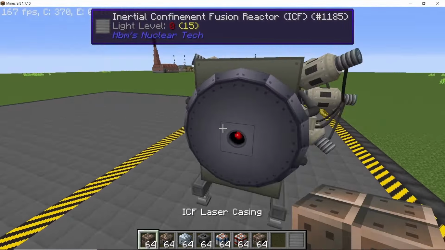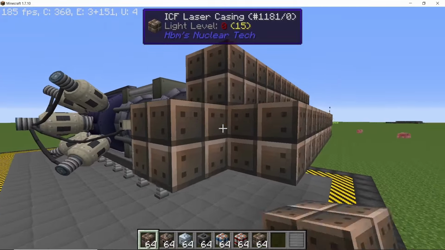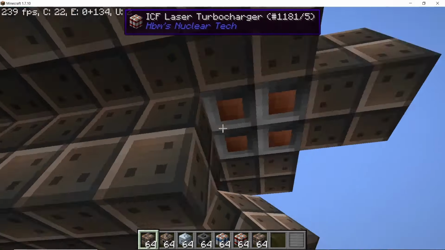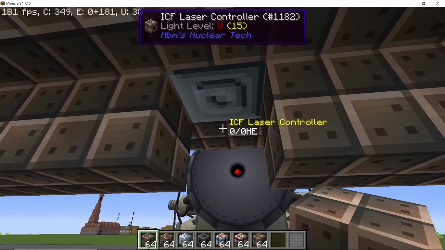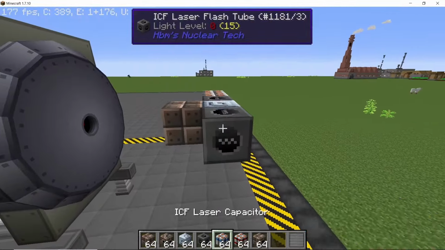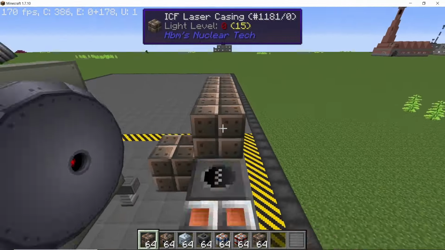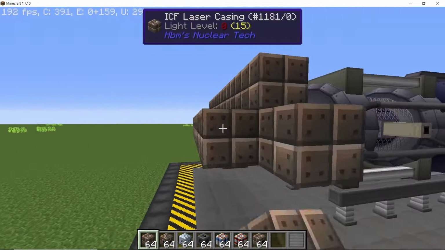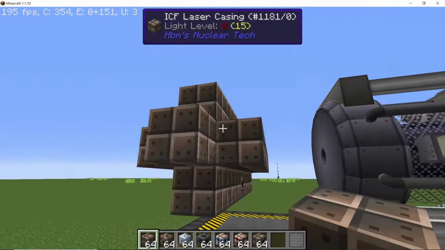Now you can make this horizontally, vertically, however you like, and make sure to cover them all with the laser casing. This is just like making a pressurized water reactor, because if you miss any block, then it will show you where you have made the mistake once you click on the laser controller. And this laser will output 10.61 million thermal units per second. So we make the other laser on the next side as well,